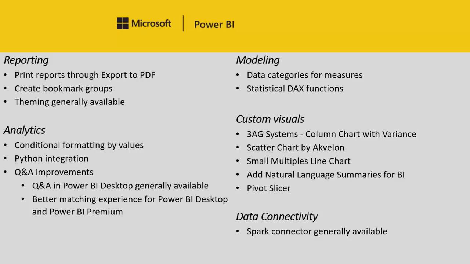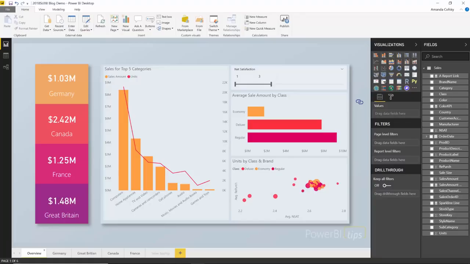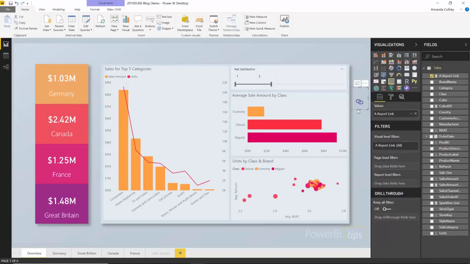Under modeling, the first feature we have is that you can now set data categories for measures. And this is really cool because now you can dynamically generate both URLs that take you to other places, such as other Power BI reports on the Power BI service, or also generate URL images dynamically as well. So for example, right here I have a link, and what it's set up